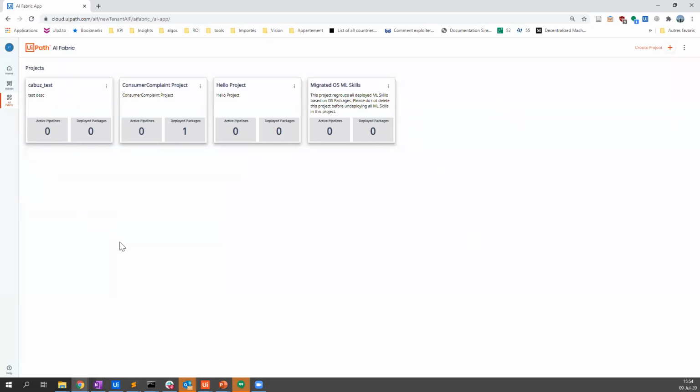A project for us is really like all the things that you want to put together for one business use case. You will put them into a project. And what I mean by all the things, it's all the things for a machine learning project, meaning the data, the model, the skill, which is the model deployed, and a way to retrain your models, basically. So let's first go into this project that we just used here.